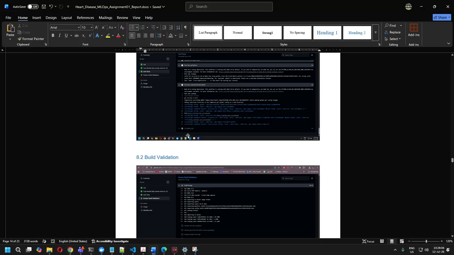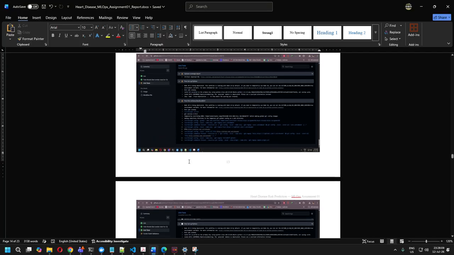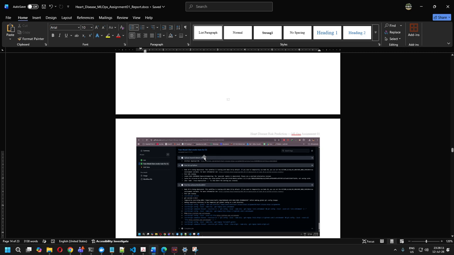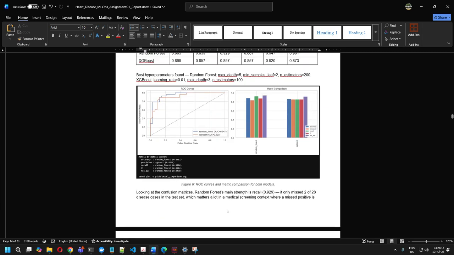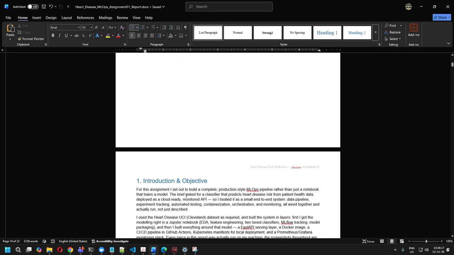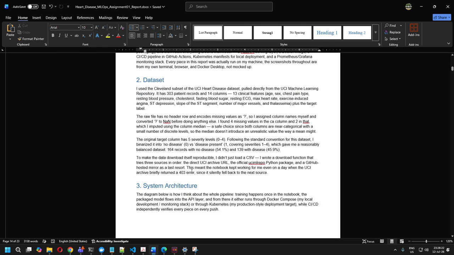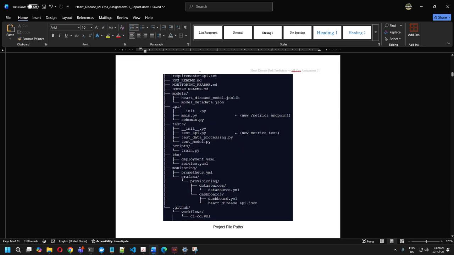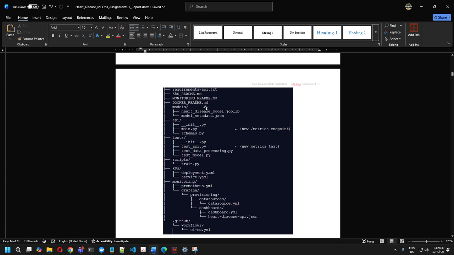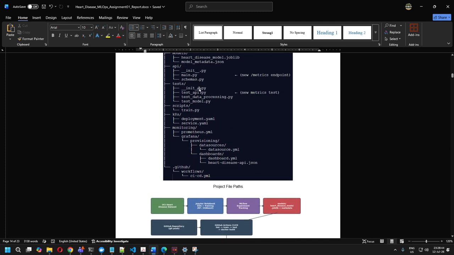This report is responsible for all of my important findings in the project. Let me walk you from the beginning. In the beginning, again, I have added the GitHub URL. This is the GitHub URL which I am using for showcasing my project. This is the system architecture, where all of the important steps and all of the important folders are present. The folders related to Grafana, Prometheus, the folder related to the tests, and the folder related to Docker. So this Docker readme file contains all of those attributes and all of those explanations as well.